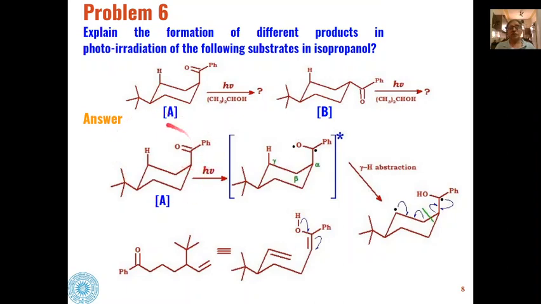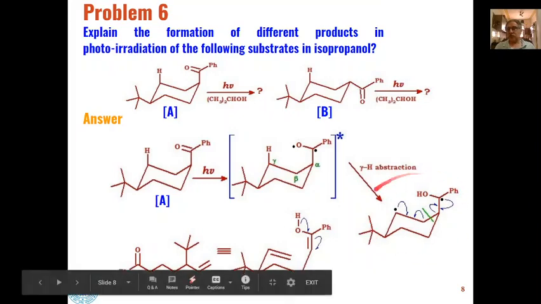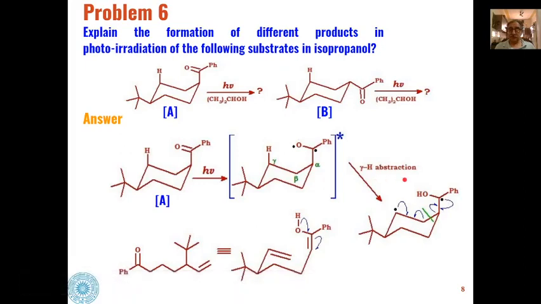If we see this conformation, when this is photochemically irradiated, then the excited carbonyl compound will have one electron at oxygen and one electron at this carbon. And then this gamma hydrogen, which is in vicinity of this oxygen, is abstracted very easily. So this will become OH, and a radical will be created at this gamma carbon. So this is how you will get this type of biradical by gamma hydrogen abstraction.